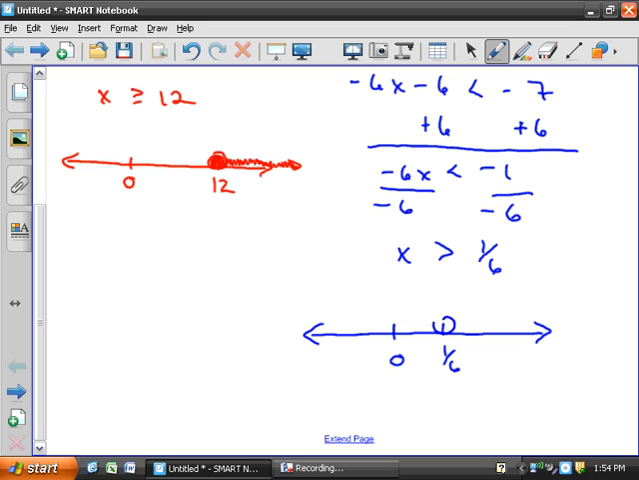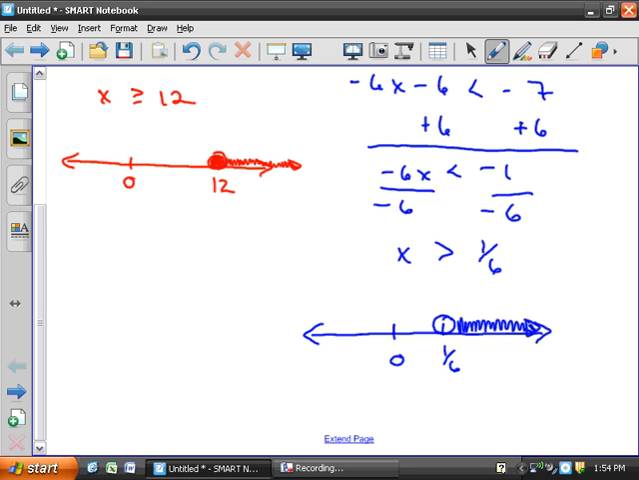I put a circle around it because it's my boundary. This time I'm not going to close that circle in. And the reason is that 1/6 is not a solution of this inequality. 1/6 is not greater than 1/6. If this said greater than or equal to, I'd be okay and I could shade it in, but that's not the case. And then I ask myself, what numbers are greater than 1/6? Well, they're numbers like 1 and 2 and 17 and 800,000, and they all exist to the right of 1/6